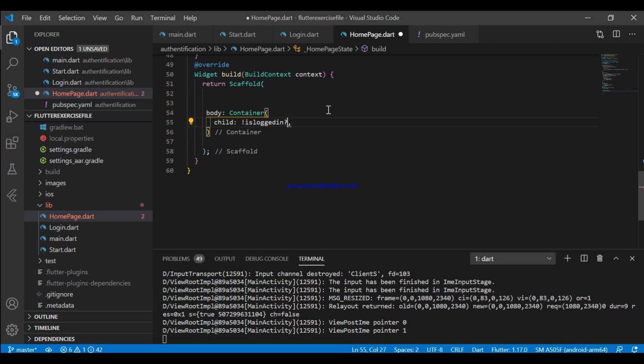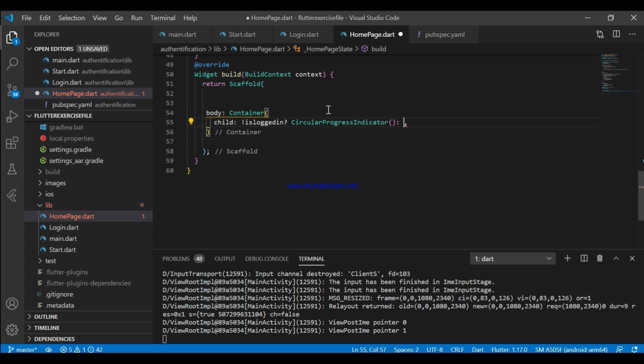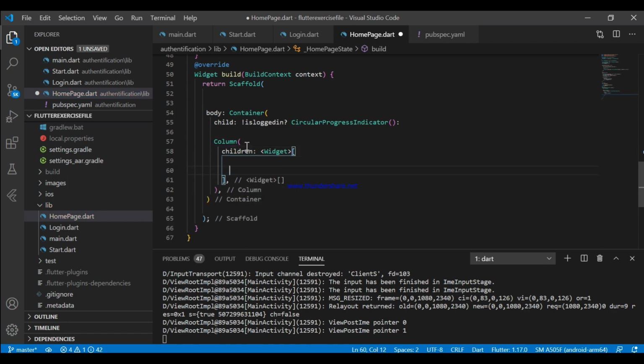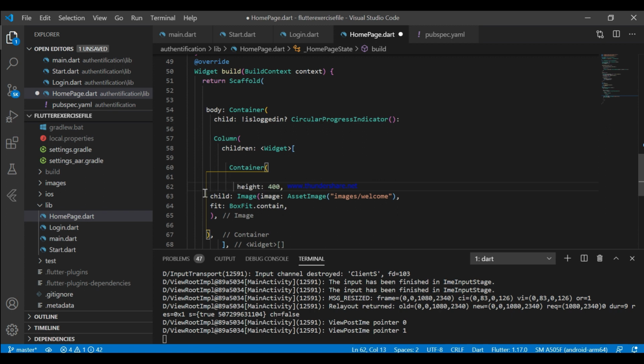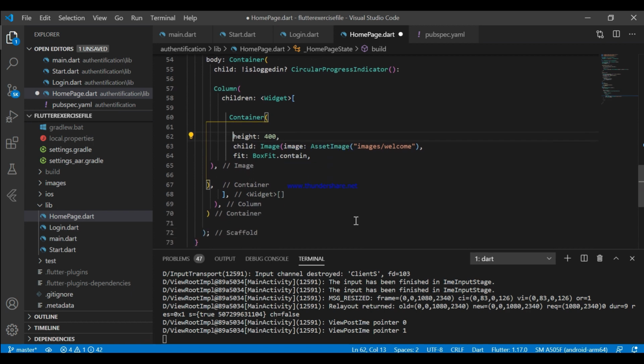Now here we are using is sign in with this ternary expression, meaning if user is not signed in, then we'll provide a circular progress indicator, else we are providing this home page, like a column. Inside the column there is an image, then our message, like I showed you when we were testing this application: hello Flutter helper, you are logged in as this email.